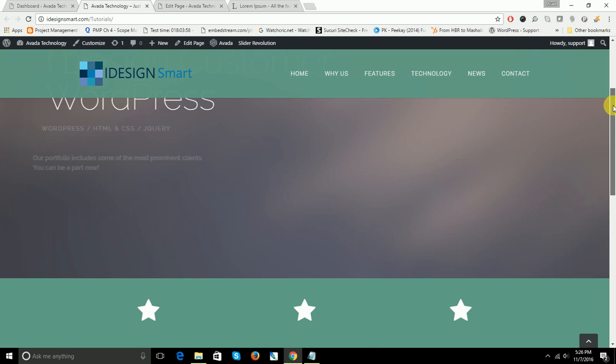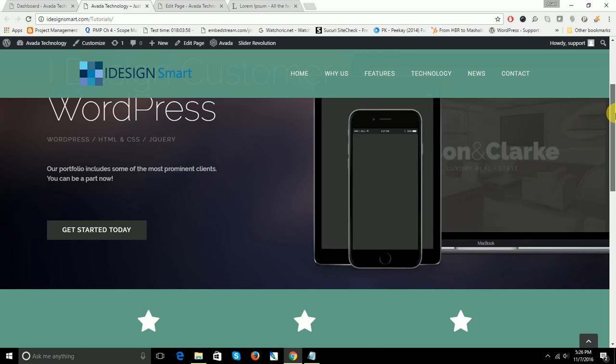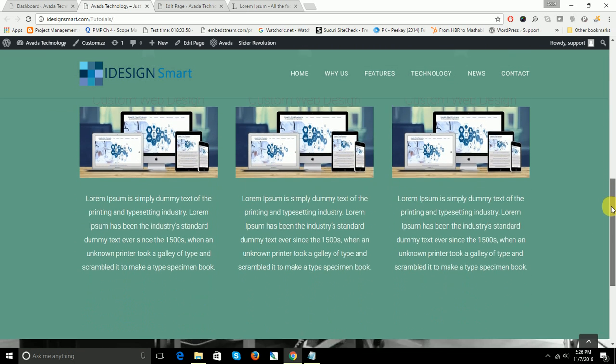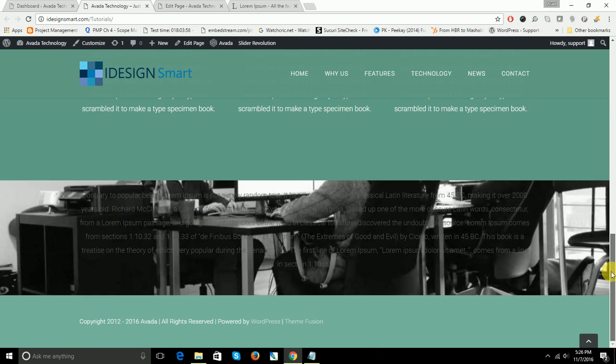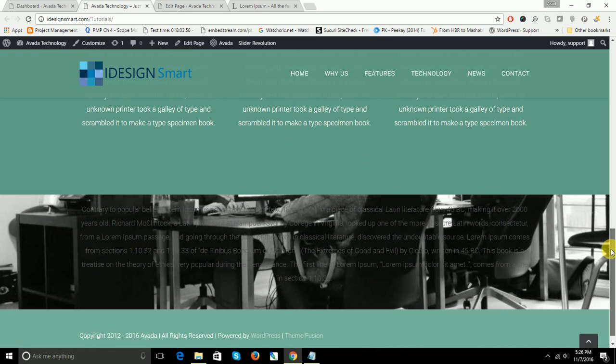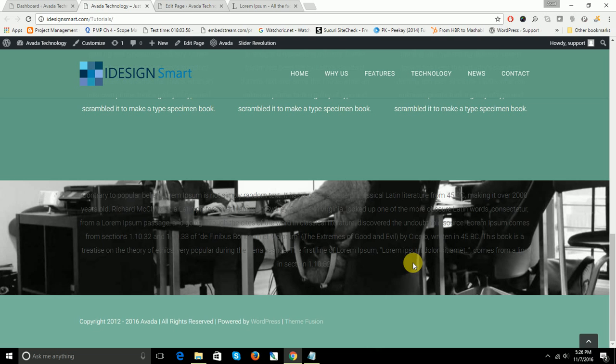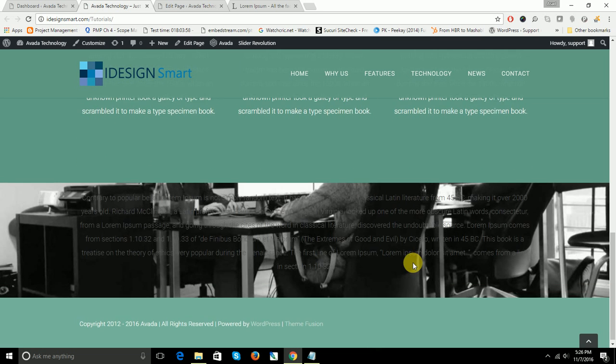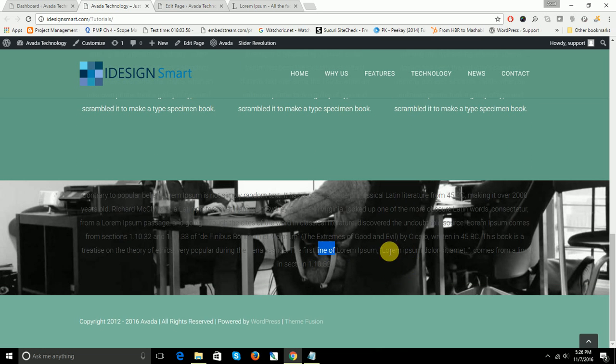So we have the 3 icons, we have the slider, we have the 3 icons with 3 pictures and some text. Then you see a parallax image. Now not a lot of this image is visible, and the amount of text that goes on it will determine how much of the image is visible. But as you can see, the image is fixed and the text scrolls over it,